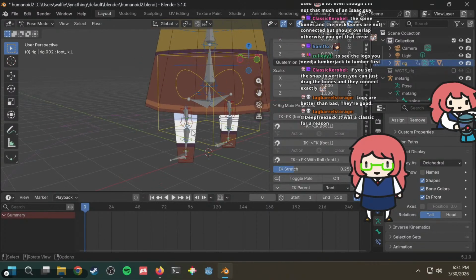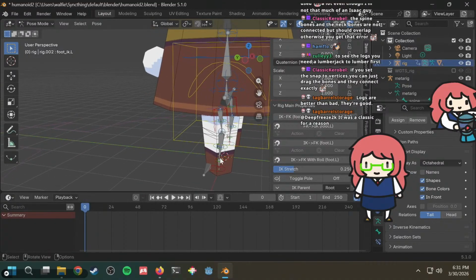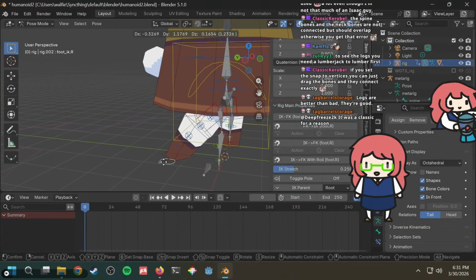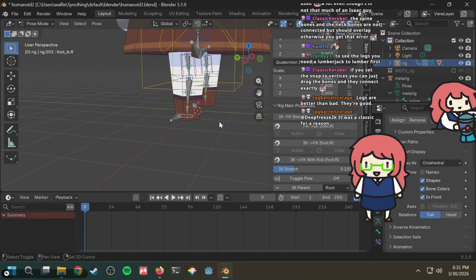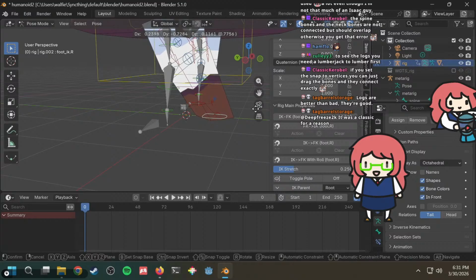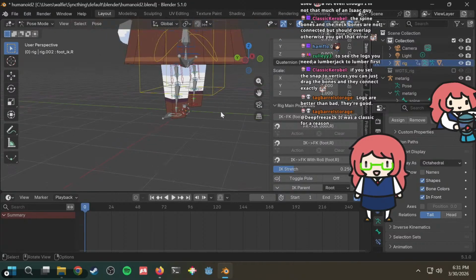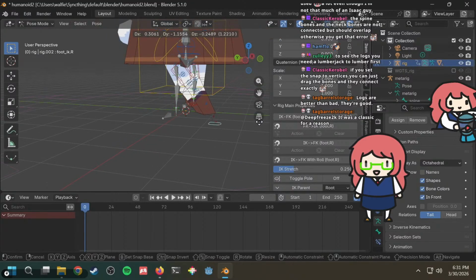Alright, let's confirm that it is not broken. Okay, no, why is it what? I thought, what? Why is it still bending like that? What? Hmm.